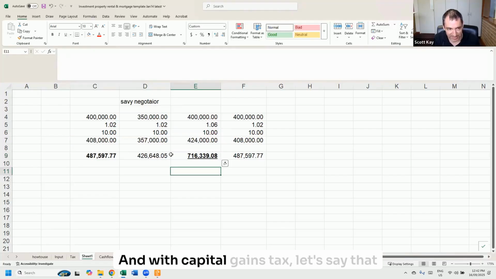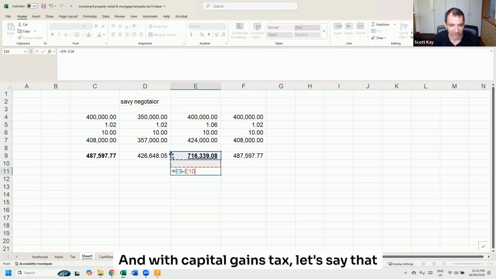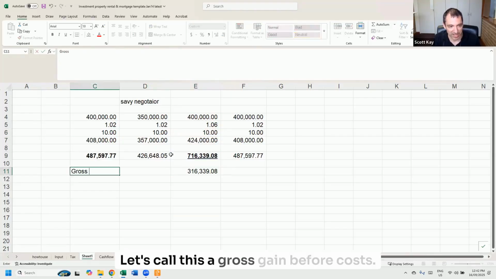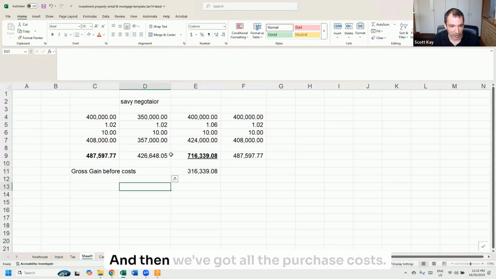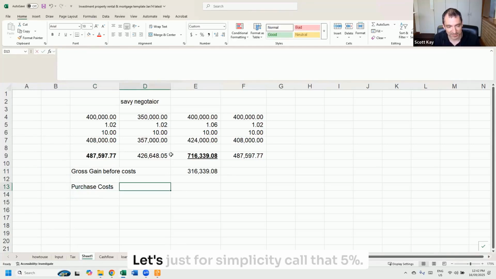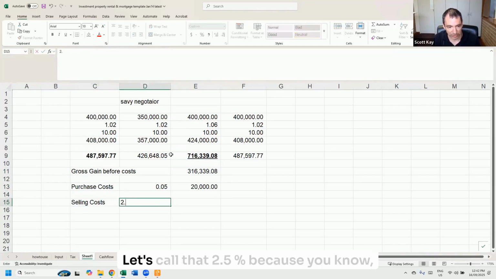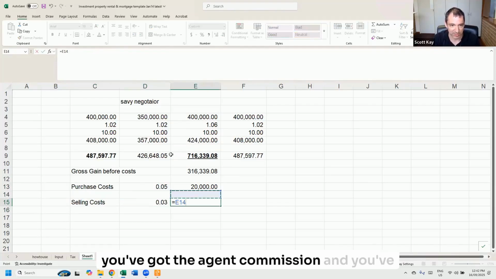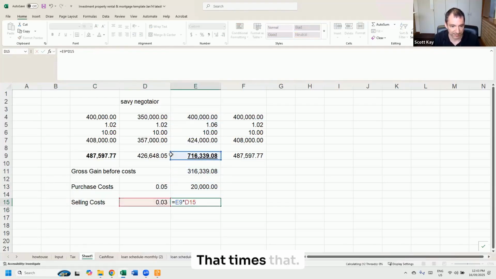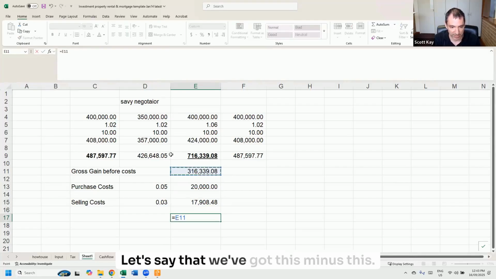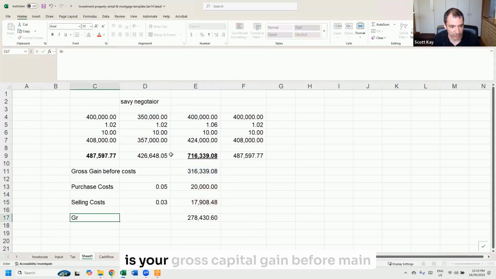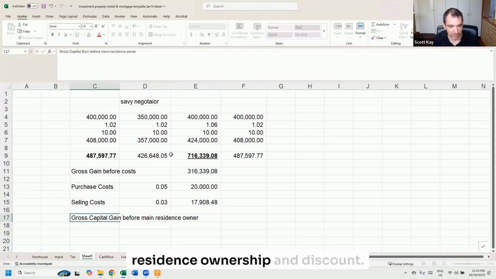And with capital gains tax, let's say that you've got, let's call this a gross gain before costs. And then we've got all the purchase costs. Let's just for simplicity call that 5%. And then we've got the selling costs. Let's call that 2.5% because you've got the agent commission and you've got advertising. And then let's say that we've got this minus this,